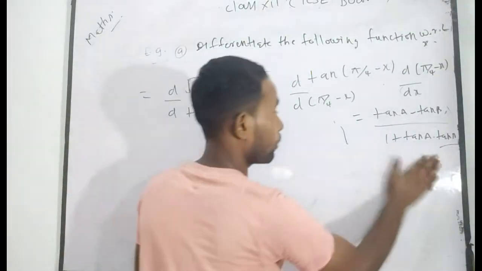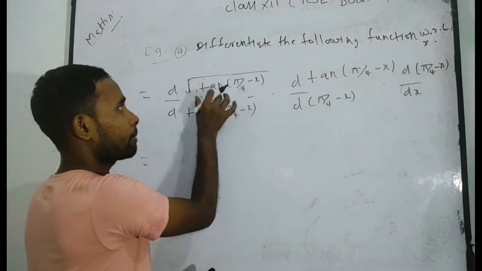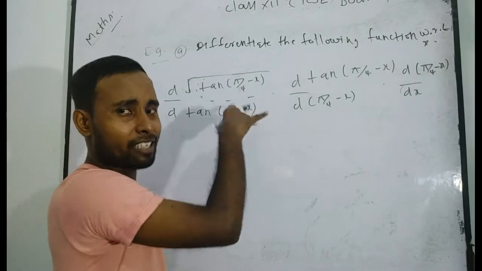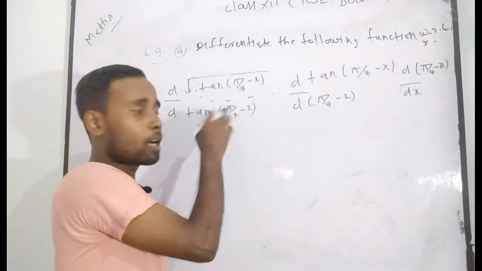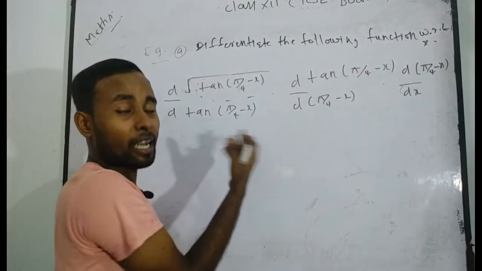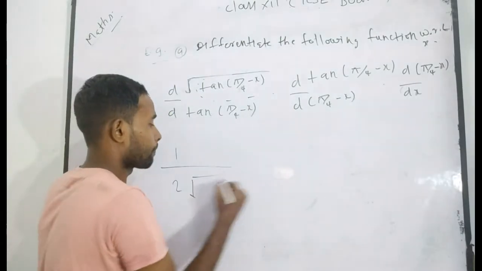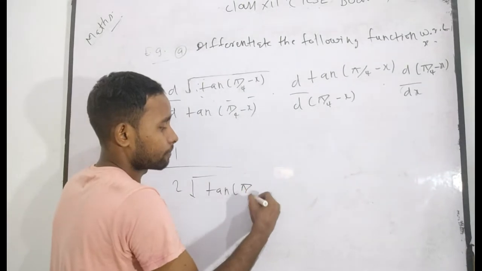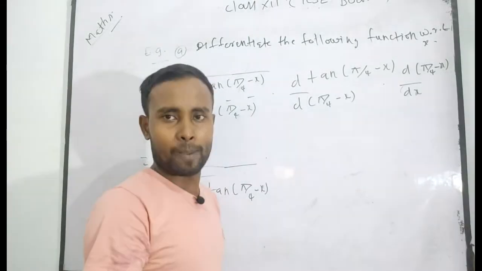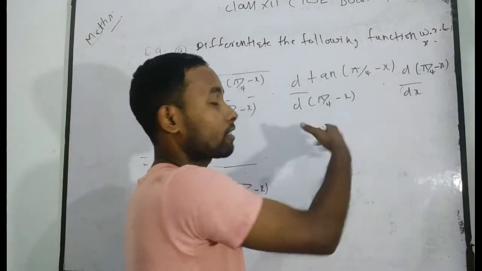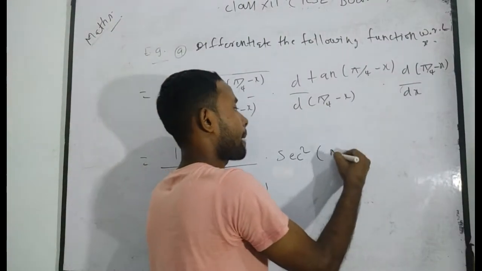Now I want to rub this part. Can you tell me the formula for the derivative of root under x? Because in place of capital X, there is tan(pi by 4 minus x). If you differentiate this function with respect to tan(pi by 4 minus x), you will get the derivative of root x with respect to x, which is 1 upon 2 root under tan(pi by 4 minus x), into the derivative of tan theta. In place of theta, there is pi by 4 minus x, and when you differentiate tan theta with respect to theta, it becomes sec square theta. So it will be sec square of pi by 4 minus x.